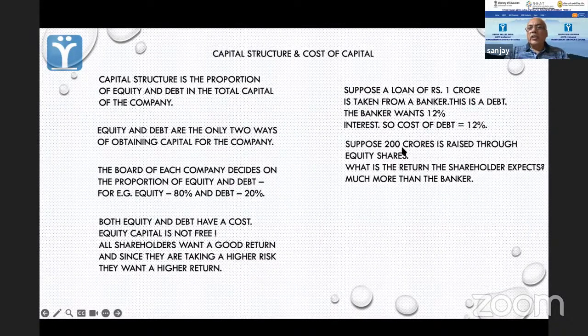So what is the cost of 200 crores you raise through equity shares? If the cost of debt is 12%, and in debt there is less risk. When a banker gives a loan to a company, the banker